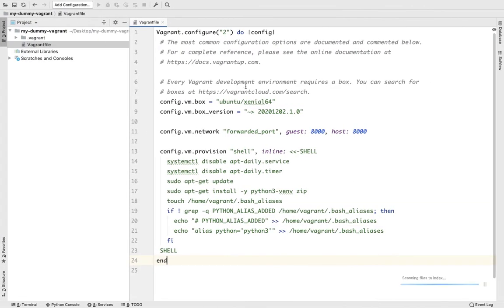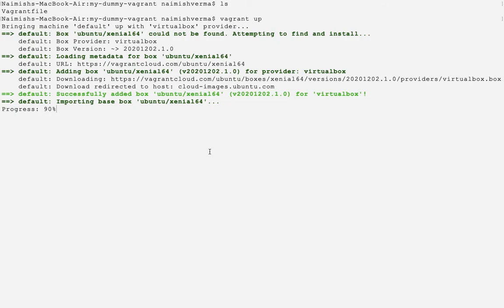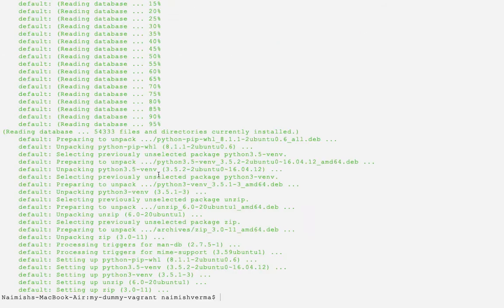Now after creating this Vagrant file, we are going to create our first Django project in the same directory. So let's wait for this to finish. Now the process is completed successfully. Now the main question is how to connect to that Vagrant server. So just type this command, that is vagrant